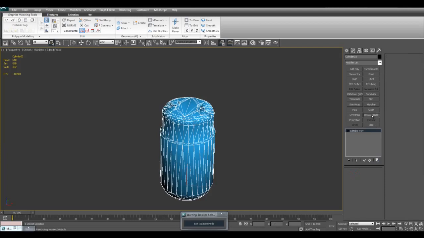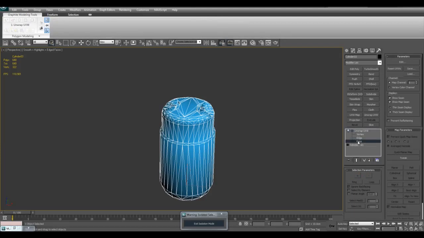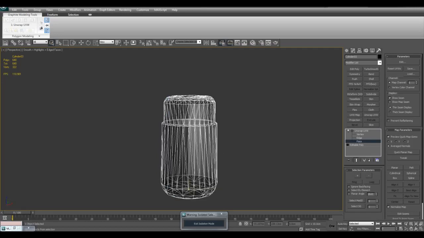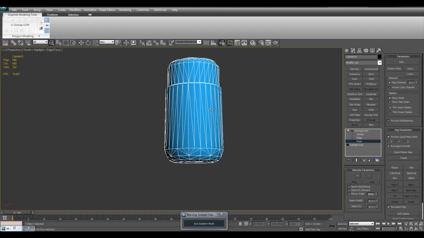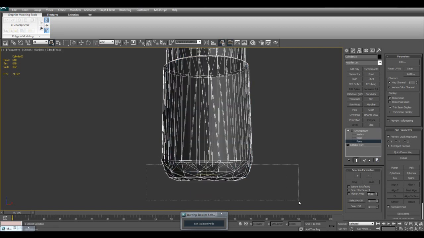So I'll go ahead and use the unwrap UV modifier. Select face. I'll turn off ignore back facing. I like to use thin seam display, and I'll click on turn show map scene off. So first I'll start with the bottom. I'll go ahead and select this area,